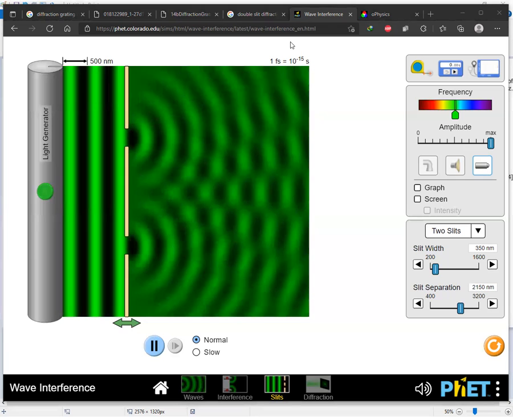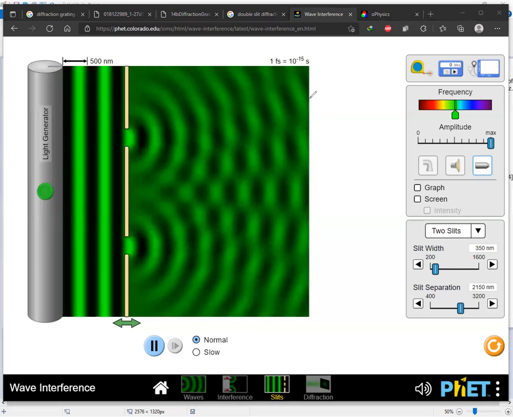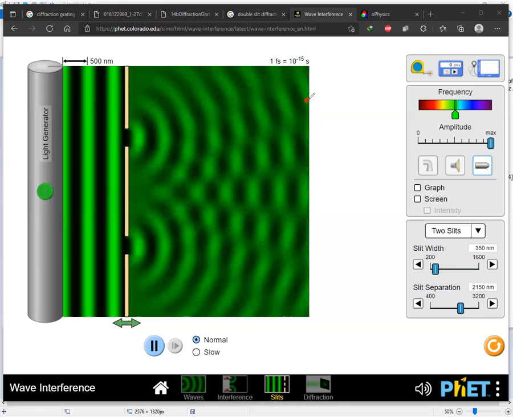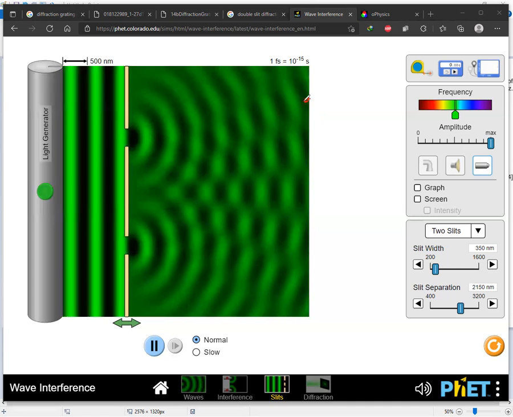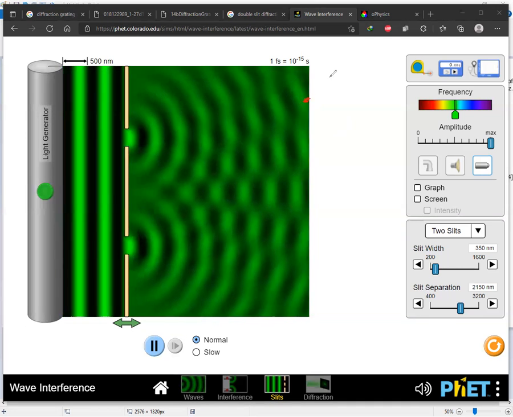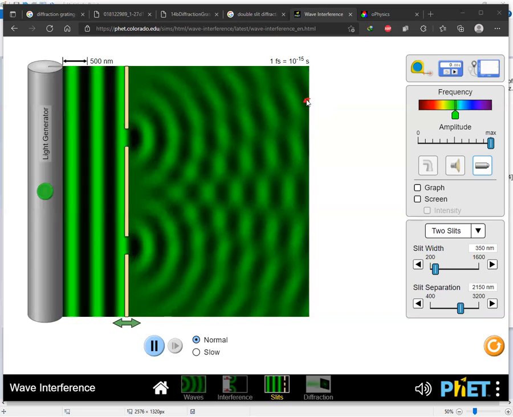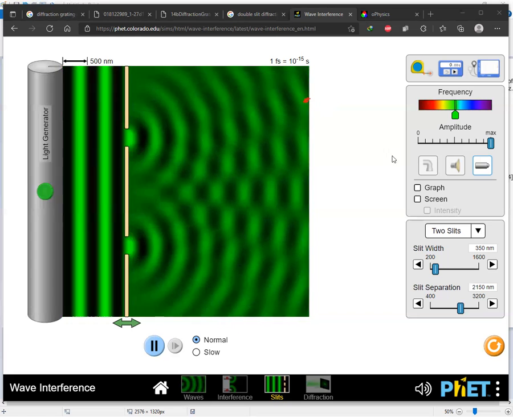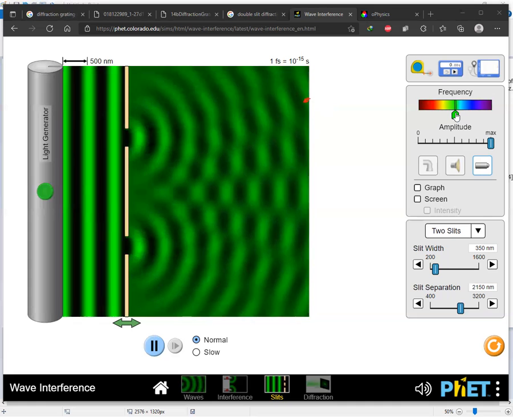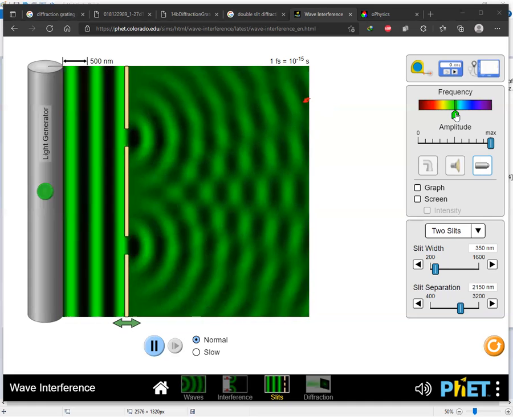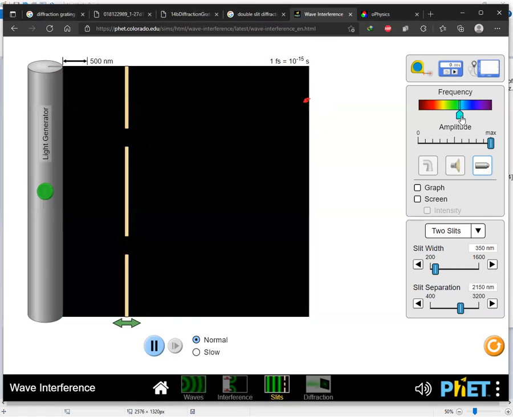Let's say I'm going to place a marker over here. Let's say this is a microphone. This microphone is going to be placed right over here. And I want you to see that currently this microphone is detecting a maxima. What's going to happen if I increase the frequency? Take a good look. If I increase the frequency by a certain amount,